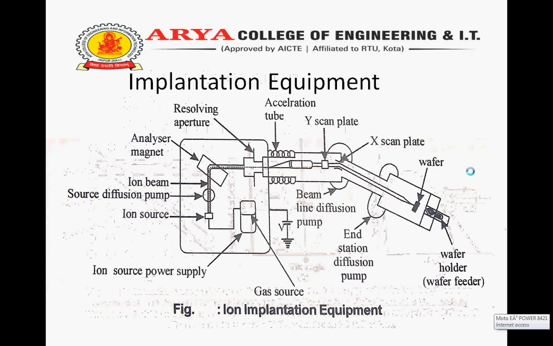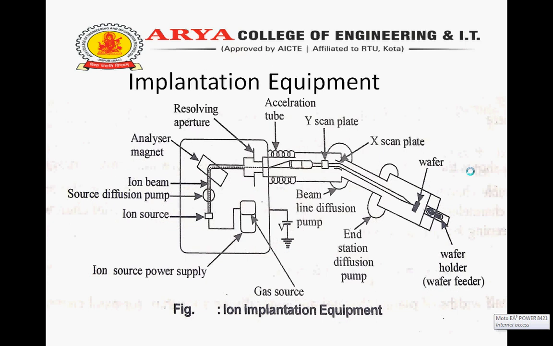Implantation equipment. The basic requirement for an ion implantation system is to deliver a beam of ions of a particular type and energy to the surface of the silicon wafer. A schematic of this is shown in the figure. In ion implantation equipment, there is a source which feeds a small quantity of gas such as BF3 into the